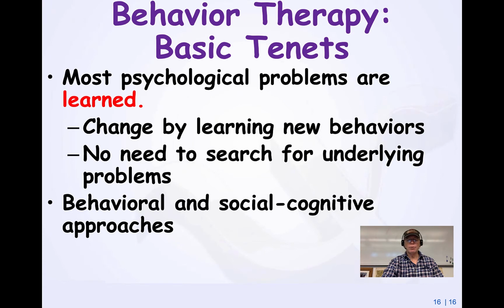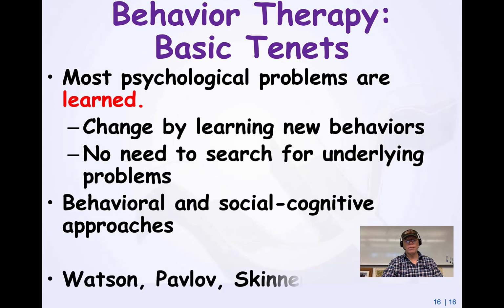We're going to talk about social cognitive as its own thing, but both of these schools of psychology would go, no, it's more about where you are now and what's going forward rather than what's in the past. Watson, Pavlov, and Skinner ought to be names that you know very well, and you know what they taught. So these are the guys that are at the foundation of the behavioral